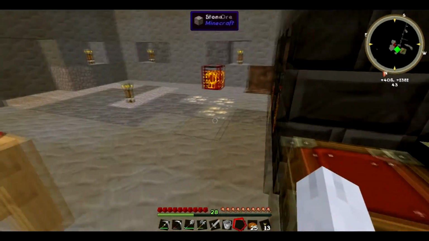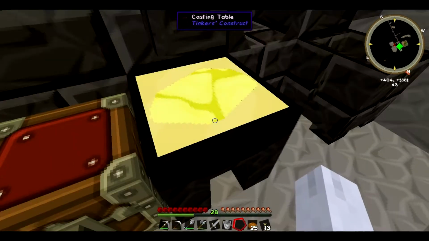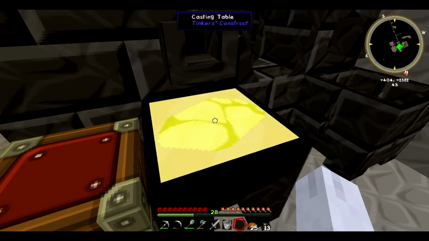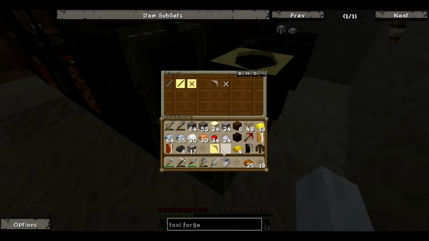And I'll come back to you guys once that's done cooking up in there. Alright, there we go. All done. Now, the smeltery is completely empty of all that stuff. Why don't I put the aluminum brass in here where it's going to be the most useful. And let's see here. The next thing we want to do